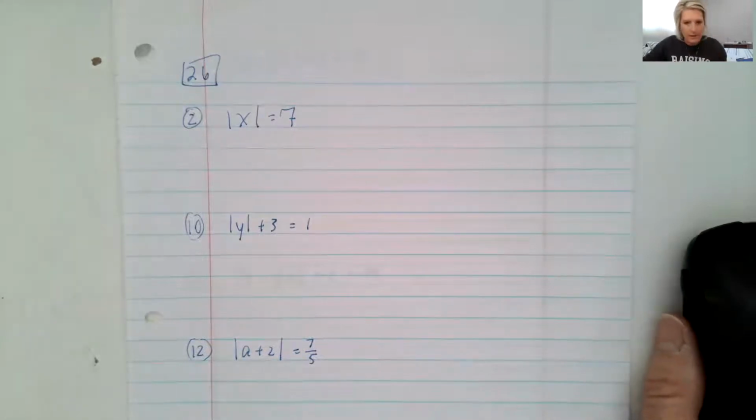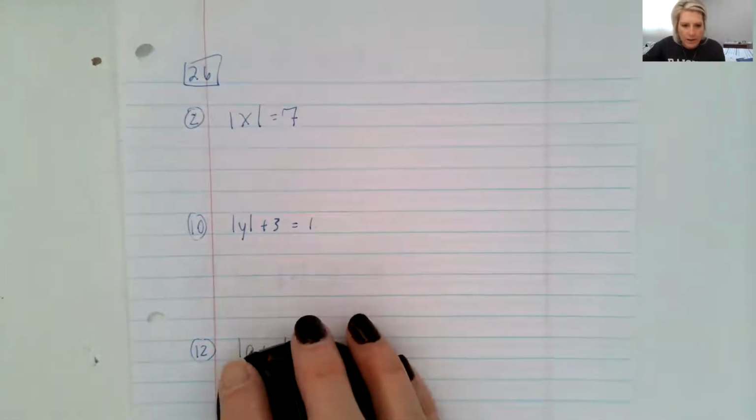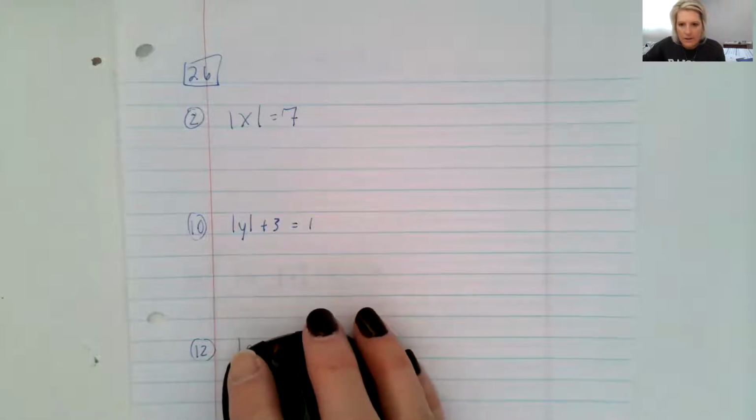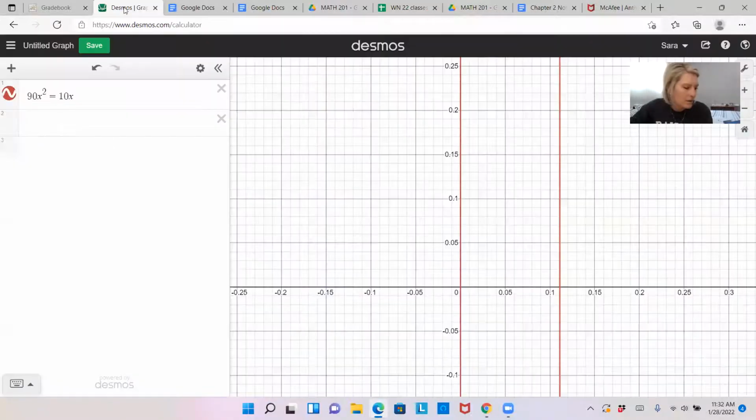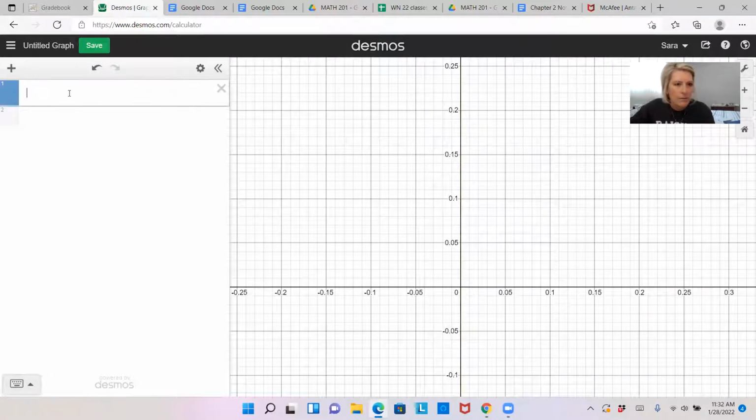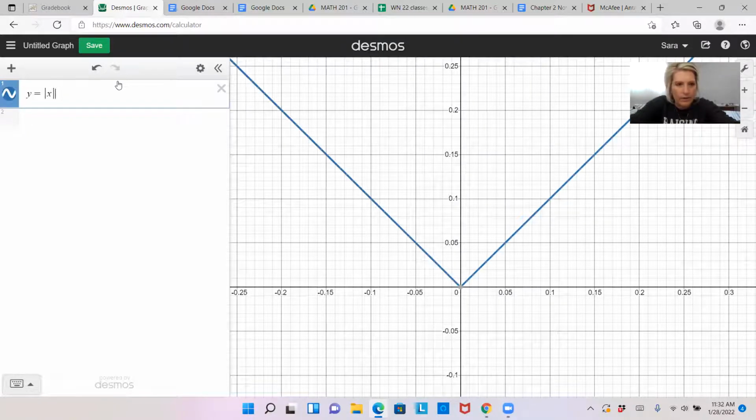We're looking at absolute value functions, and I want to show you what they look like on Desmos, just so you can get a better picture. If we do y equals the absolute value of x, it's going to be a V shape. Remember how our linear functions start at (0, 0)? But this absolute value function goes like this, and that's because the absolute value